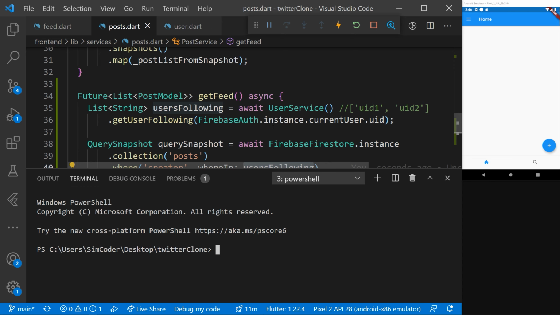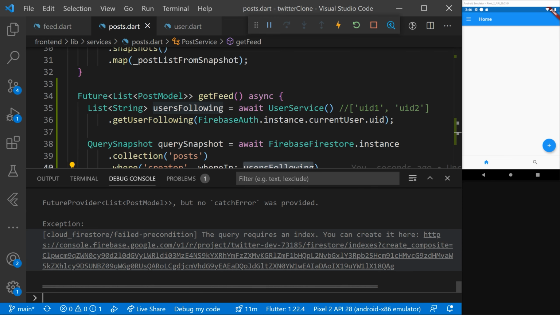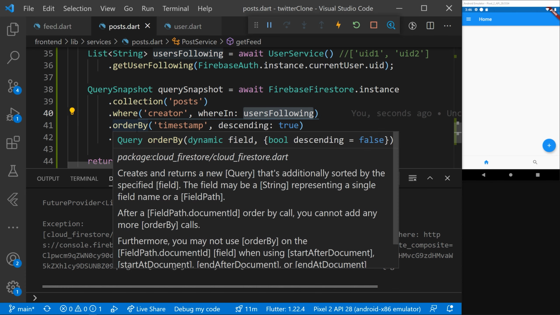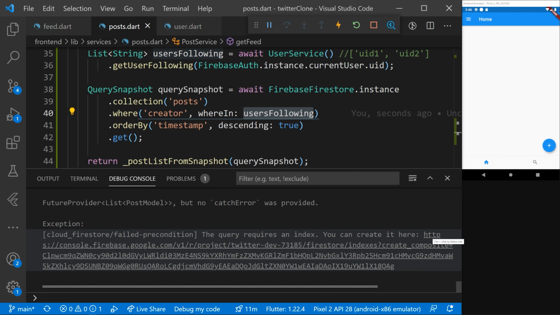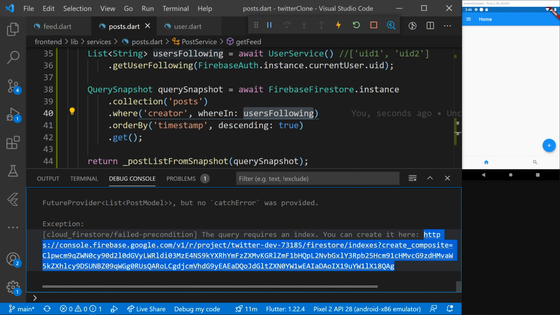However, if you open up the terminal, and if you are following less than 10 users at the moment, if you go to the debug console, you'll see that this error appears. The query requires an index. And this just means that because we are doing order by and we are using a where query, we must create an index for Firestore to easily get that information. So this is called indexation, and it is quite a common occurrence when dealing with databases. And in the case of Firebase, this is how you create an index, which will allow Firestore to actually do this query efficiently. So let's grab this link,